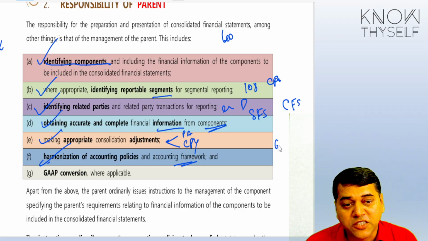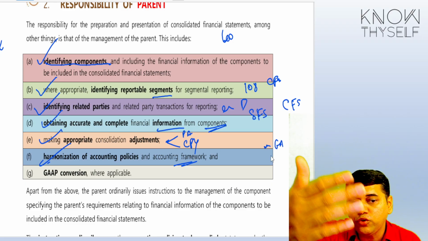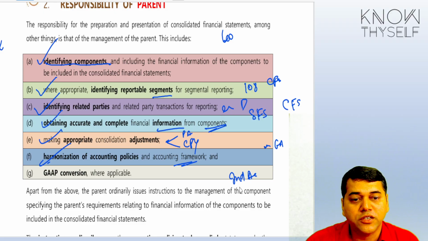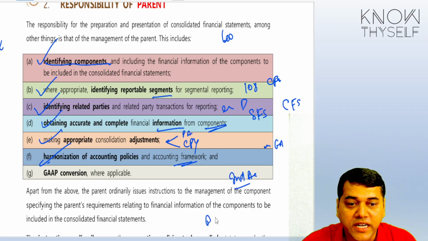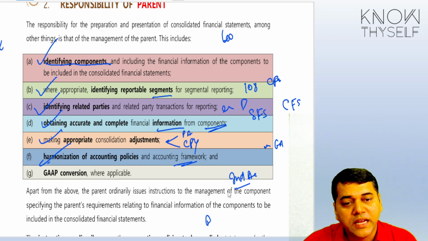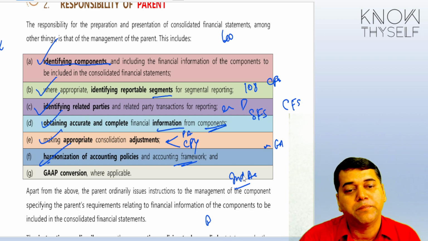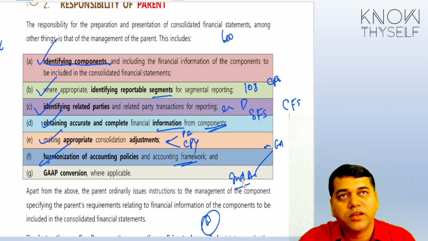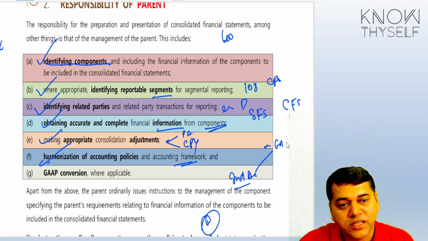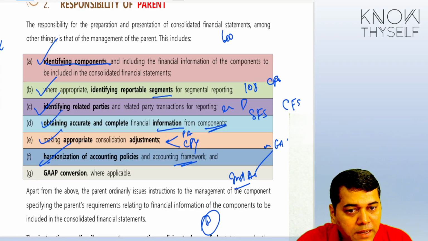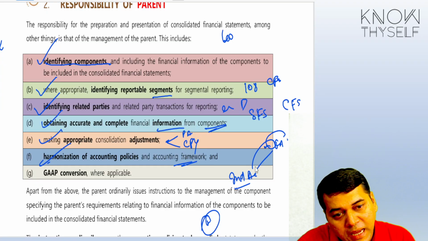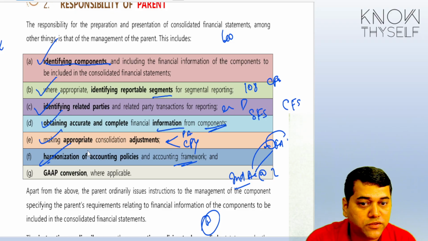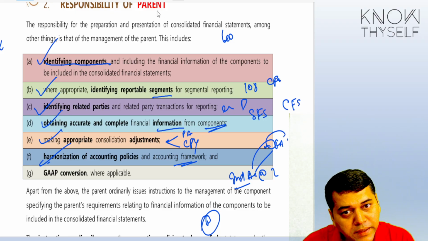They may be as per US GAAP, because the subsidiary is sitting in the USA. For you, Ind AS is applicable. See, there is no such situation where the parent follows Ind AS and the subsidiary follows an accounting standard in India. Because we know that, in the Ind AS applicability chapter you must have learned that if the parent is covered, the subsidiary also becomes applicable. But what if your subsidiary is sitting in the USA? You cannot say they have to prepare as per Ind AS. They will prepare as per US GAAP, UK GAAP. So consolidation should happen at Ind AS. That's why there's something called harmonization or conversion of the framework. Whose responsibility is it? Parent's responsibility.